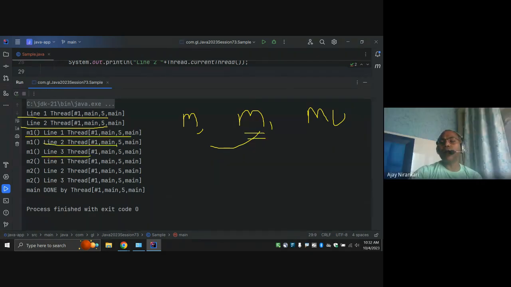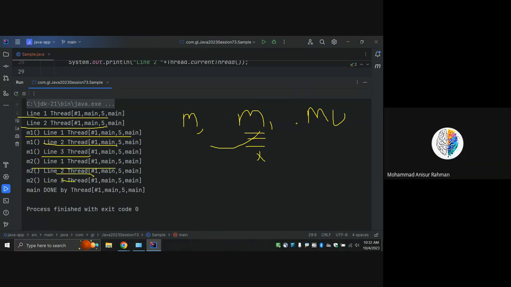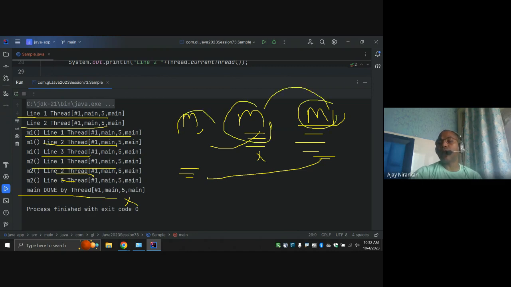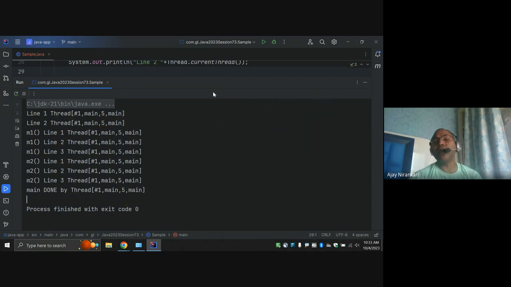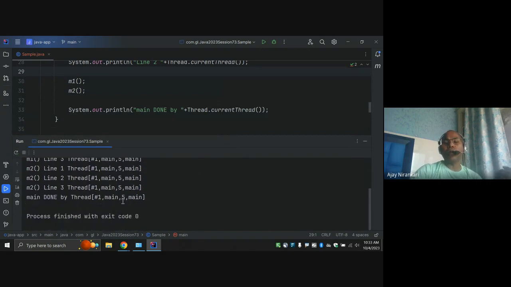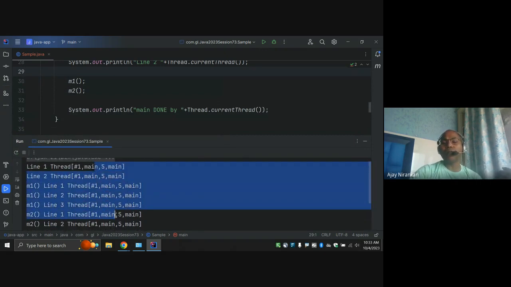Once M1 is all done, M1 completes, then it goes to M2. Once M2 is done, it comes back to the main method. Main is done, then we can say done. So by default, sequentially, first this starts, if done, then move here, if done, then we can say your main is completed. The default nature of our application is single threaded. Notice only one thread, the main thread, is doing all the things.